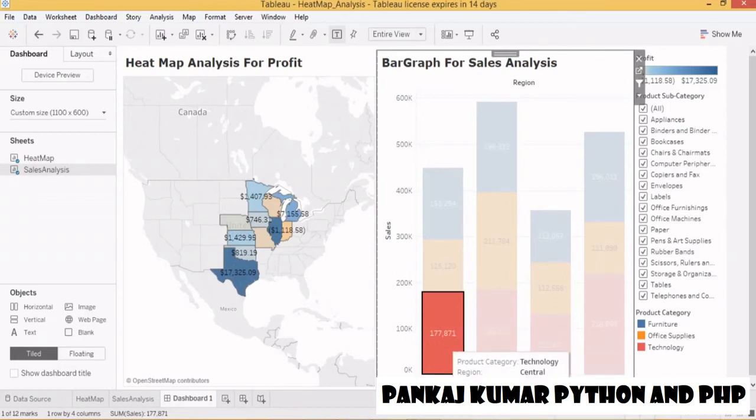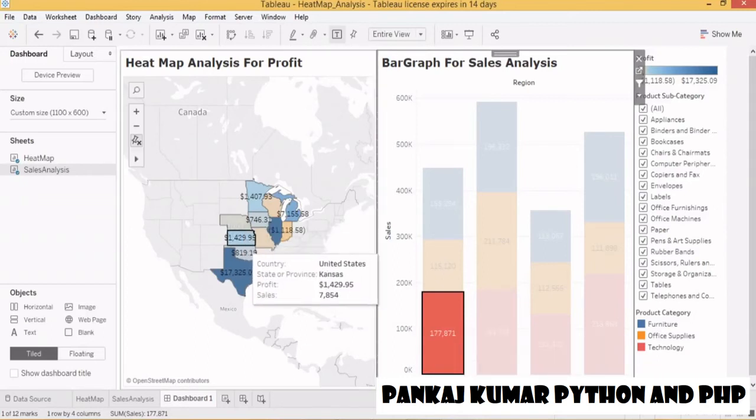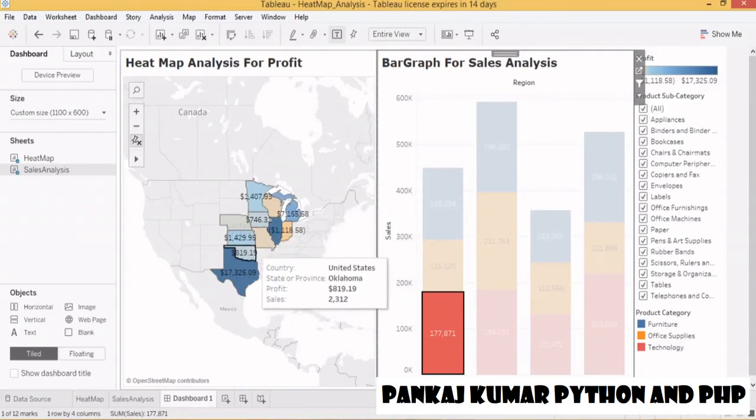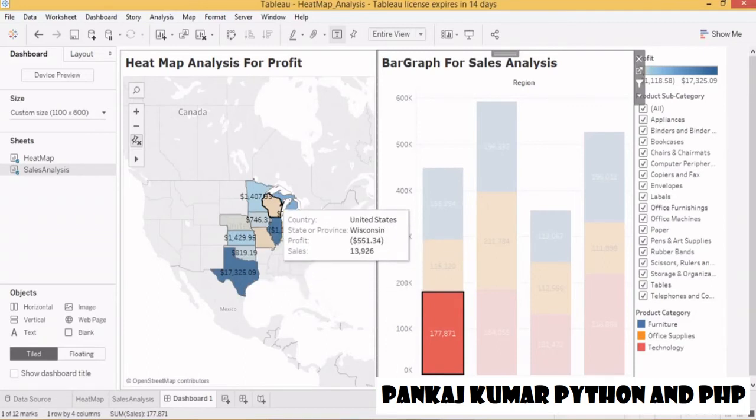So when I select Central and the Technology product category, these are the areas in which I got most of the sales. This is the area which got the most sales, which is Texas. Then after Texas, the next most is Illinois. Okay, and the least is Indiana. And the moderate is Missouri, and then Wisconsin.